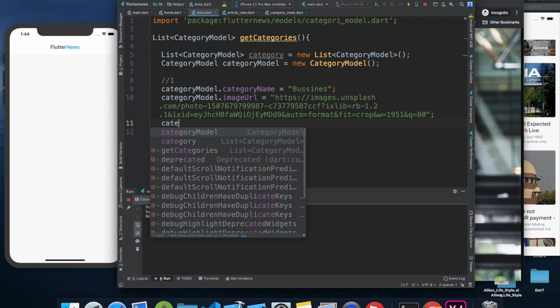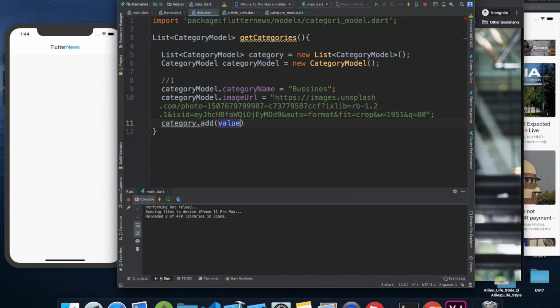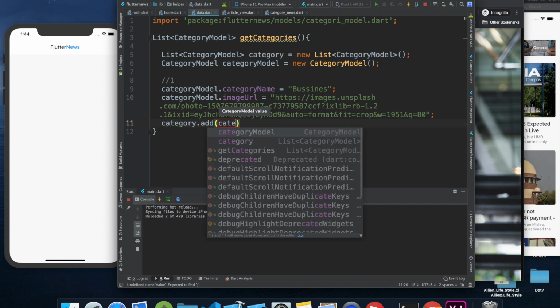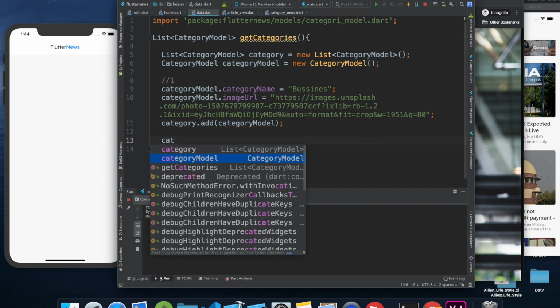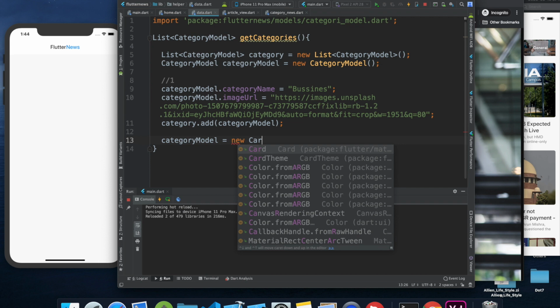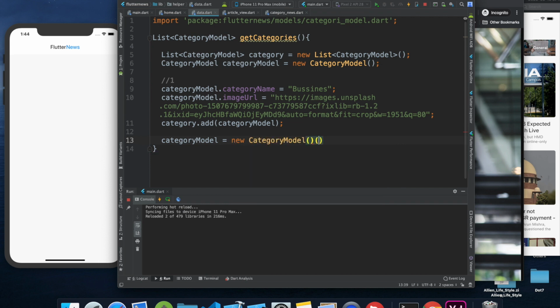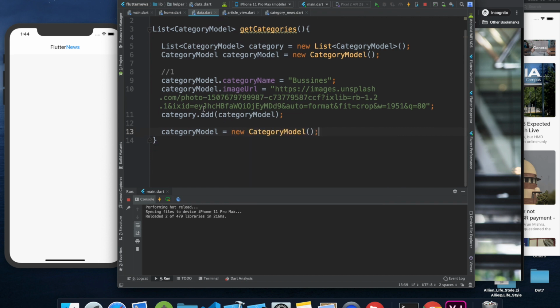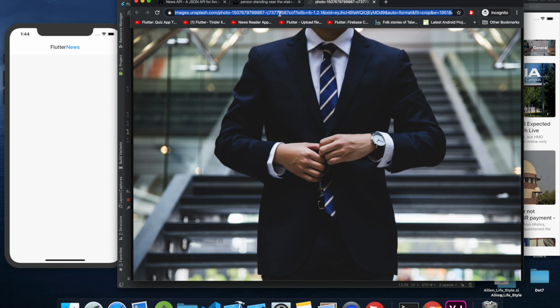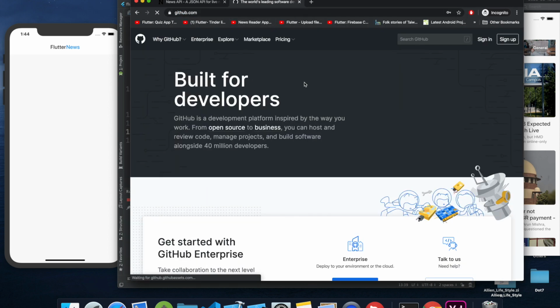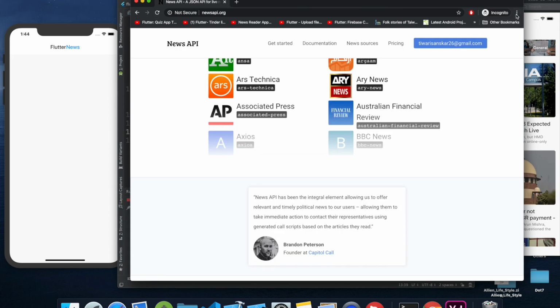Now we want to add this category model to our list of category models. So I'm going to say categories.add(categoryModel), and that's done. Just after that's done, we can say categoryModel equals new CategoryModel, just to make sure we don't have any last details and just fresh data only. So I can just replicate it, but I want different details, right? It's going to be entertainment, general. So rather than going and typing it out in front of you for 20 minutes or something, I have actually uploaded the